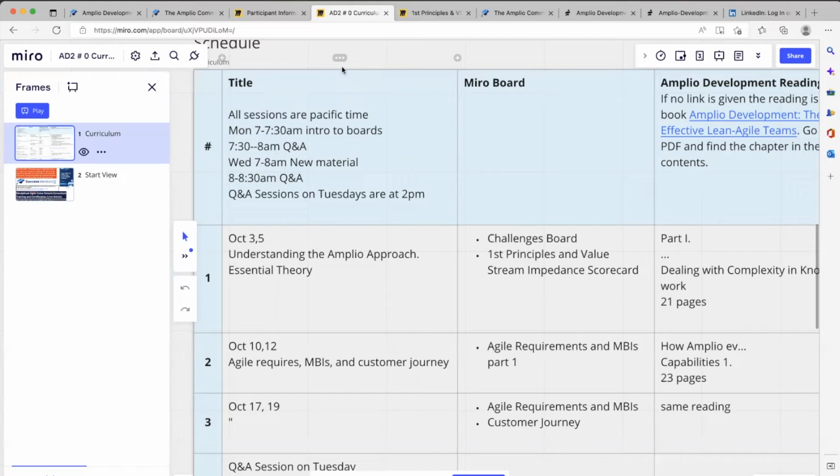So none of this is new, by the way. This is stuff that's been going on for 15 years. And this is another important part about what Amplio is. There's Amplio, which is the full thing. Amplio means improve in Latin, by the way, and the idea is that's all we're doing. There's no starting. There's always improving. In other words, when you go into an engagement, you're not saying, oh, I'm starting an improvement. They've already been trying to do that. You're saying, well, here we are, and we're improving. And then we're going to keep improving. And we recognize that when you start something, maybe you do something a little different. There's more opportunity for a bigger change.